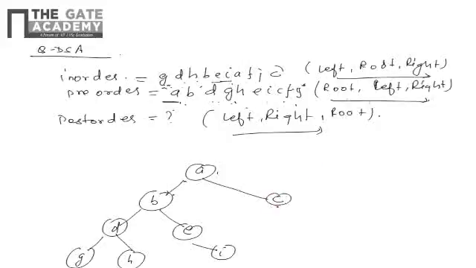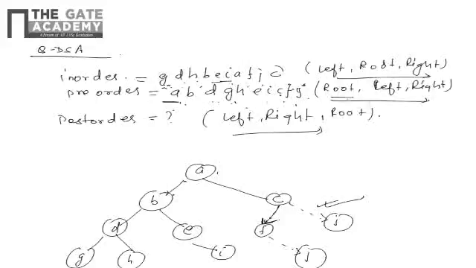Now there are two options. This will definitely be F, but we can put J on either side of F. Which one will be correct? Check the pre-order first: it is C F J, root, left, right, and according to this one it is correct. But if we check the in-order part, it is F J C.